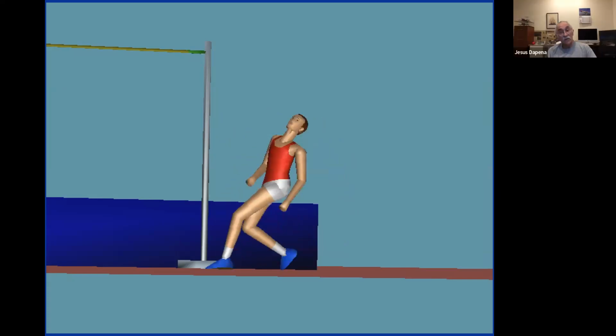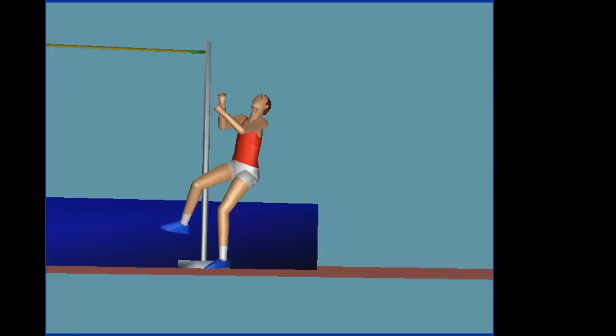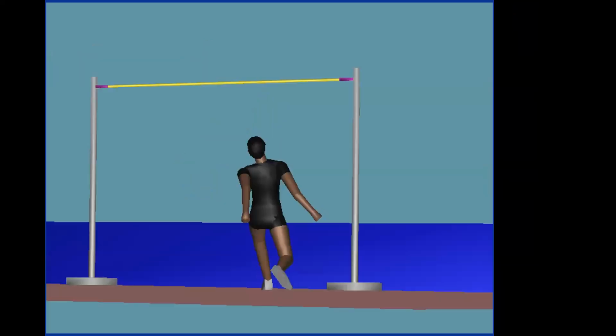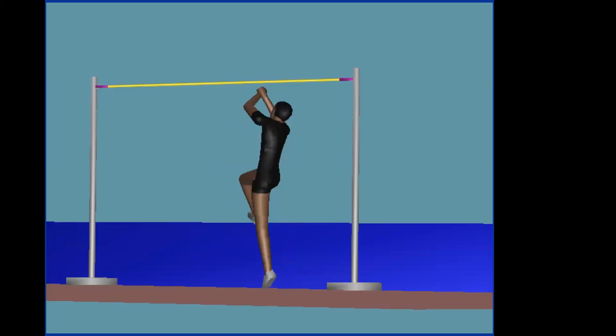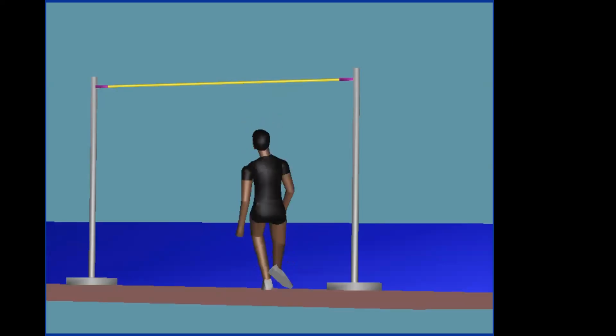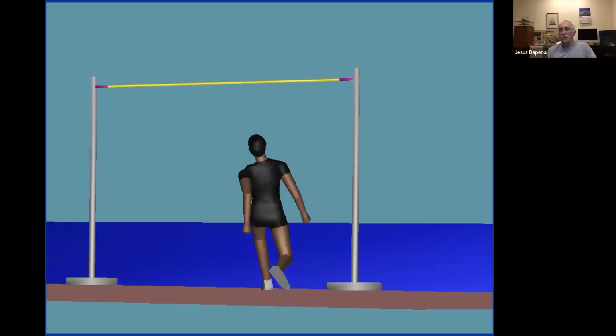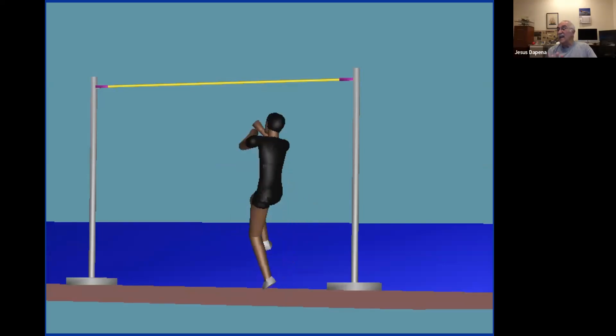Okay, now let's see the view from the back. Okay, so this is the first jumper, and the arms go almost straight forward. They're a little bit diagonal, but not very much. They're a little bit diagonal, so they are helping a little bit with the clockwise lateral somersaulting angular